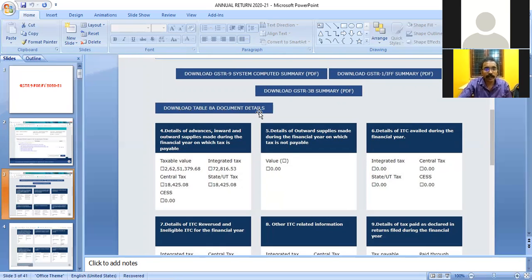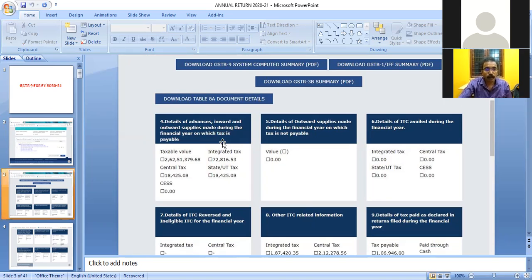By downloading these table 8A documents, we can see the supplier name, the invoices uploaded, the value of goods as well as the input tax credit available. Then comes these columns.